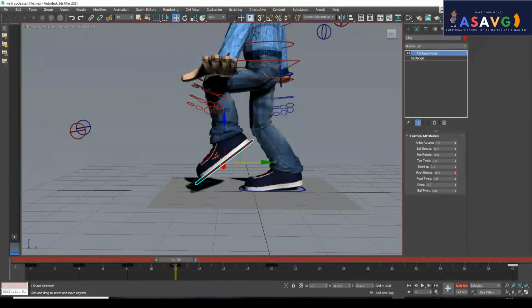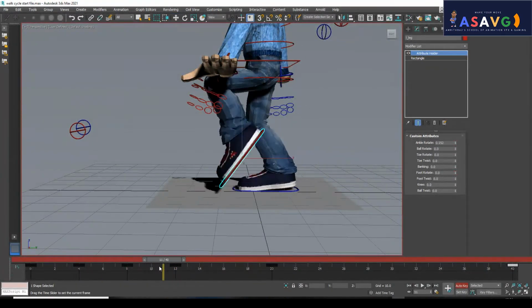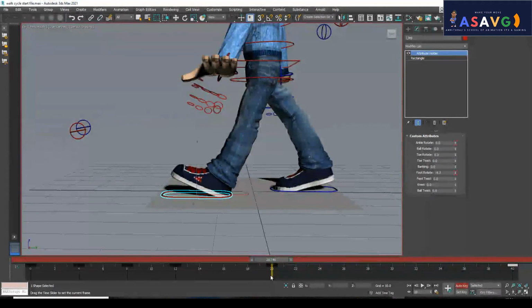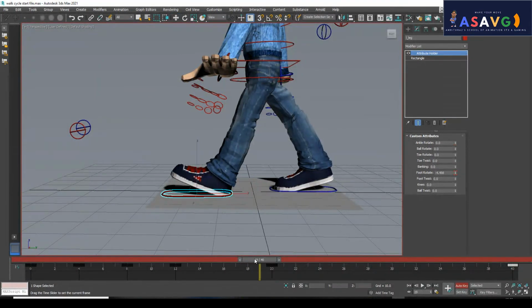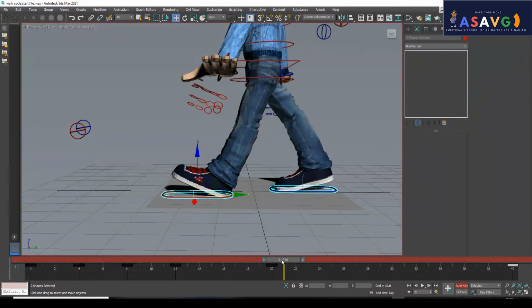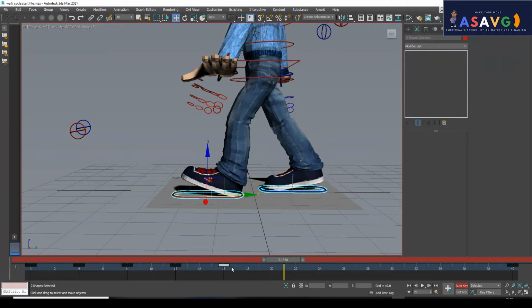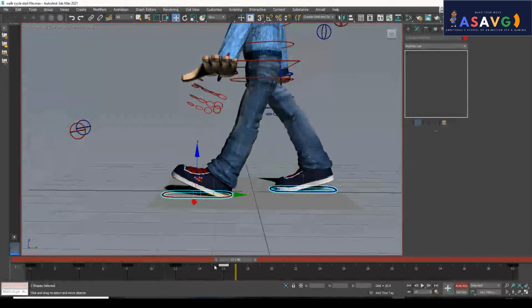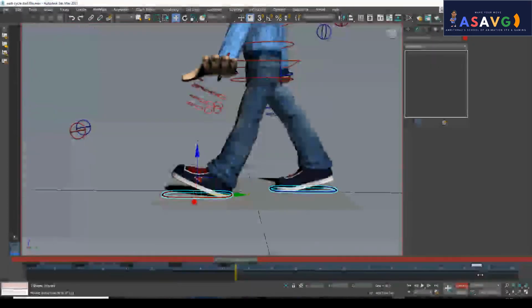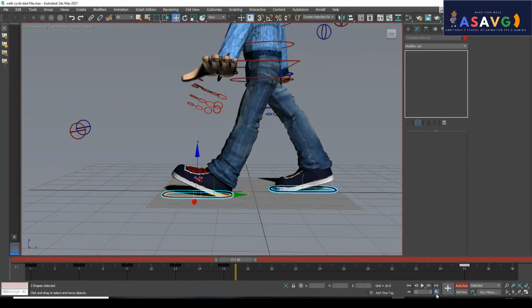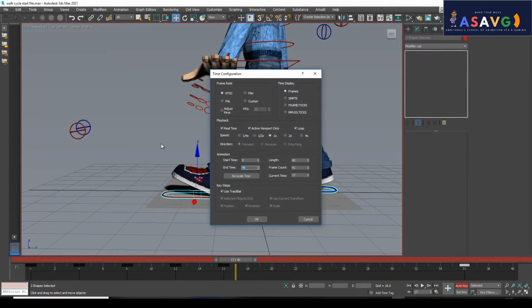Now I am changing it a little bit. Why? Because the complete pose has been moving, there is no need for 20. I will make it 32. Okay, 32, 16. Because I don't want this many keyframes, I am selecting the two controllers and making it 16. Okay, 16, 32. So I will make 40, not 40, I will make 36. Okay, I am selecting this. I only want 36. No, 32.